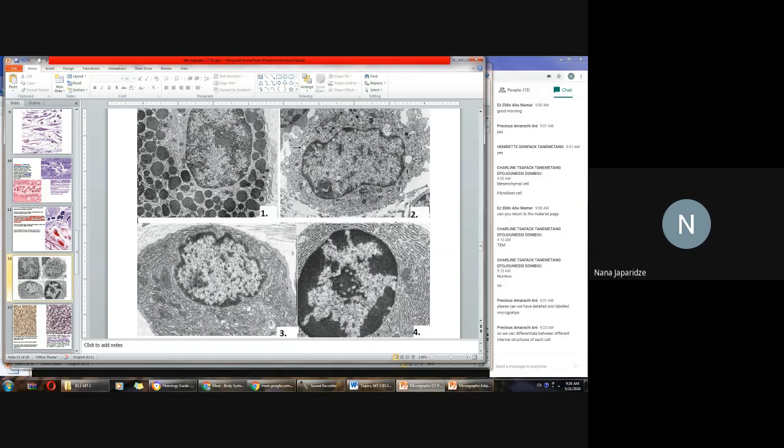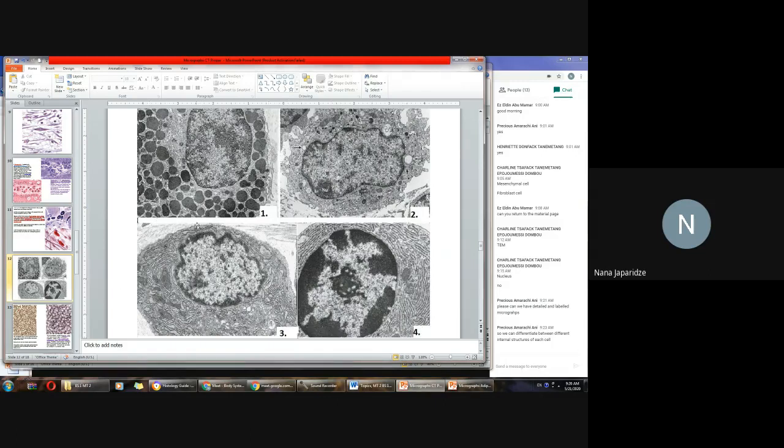And this is cell cytoplasm filled with the rough endoplasmic reticulum, mitochondria. These are mitochondria, and ribosomes are also here. These dots, which are not clearly visible now, but if you use high magnification,